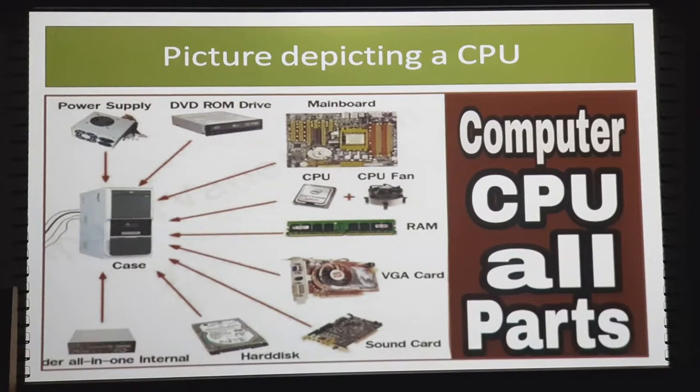So this is about CPU. Here is a picture depicting a CPU. This is the actual CPU case where it is housed, where it is boxed. Inside this case you can find our CPU. See, this is the CPU, and on top of it a fan will be attached so that whenever it gets heated, it is cooled down. This is our CPU processor, and this is the CPU box. Inside this our actual processor is there. So this picture depicts a central processing unit or processor. This is the main component.